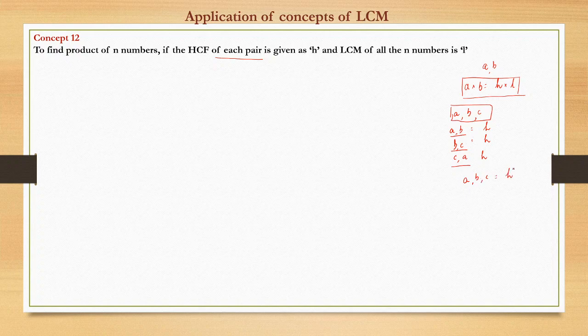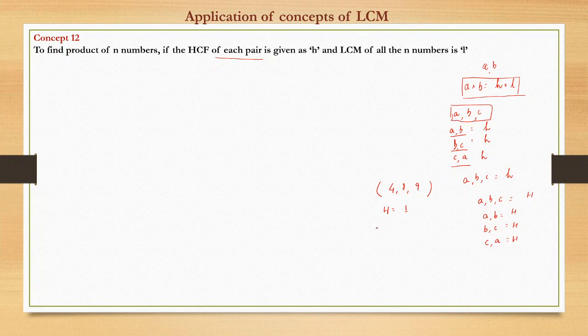That is fine. But if it is given that the HCF of three numbers is, say, capital H, we cannot say that the HCF of the different pairs would also be capital H. This may not be true. Let's take an example. Suppose the numbers are 4, 8, and 9. The HCF of 4, 8, 9 is what? We know 4 and 9 being co-prime, it has to be 1.